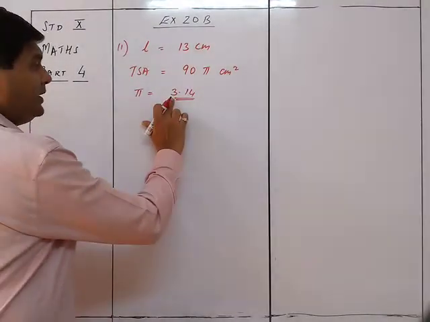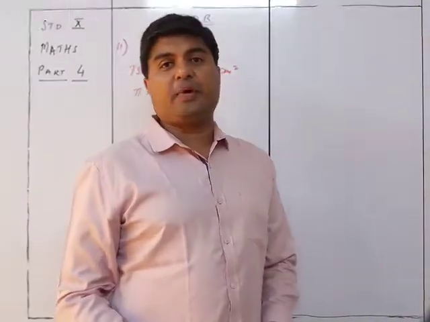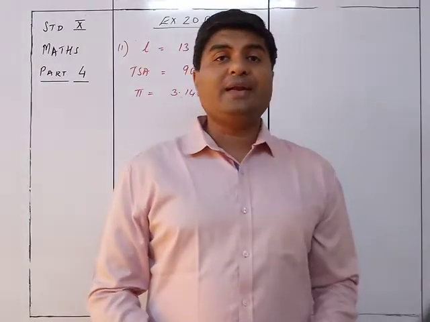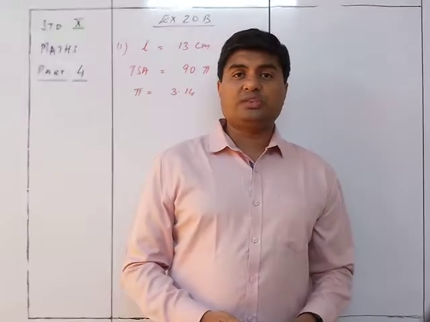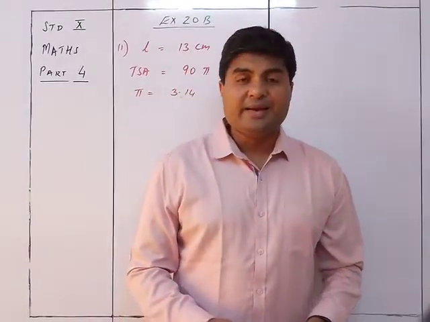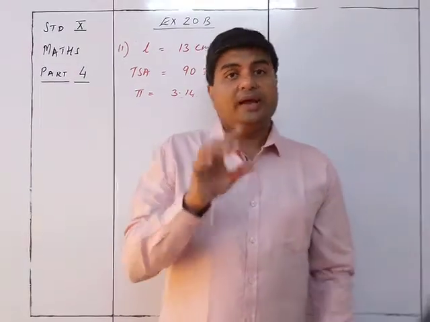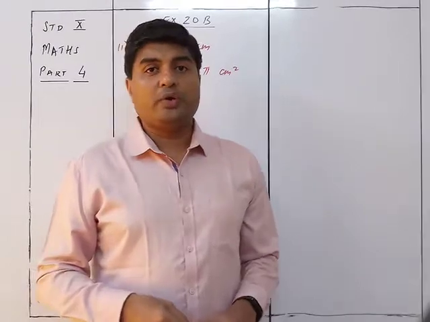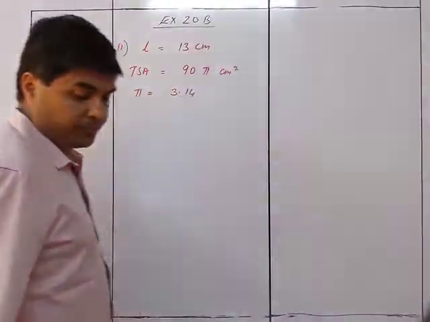So this is the important part. If you are given the value of pi as 3.14 and you solve the whole sum by 22 by 7, you get it completely wrong. So pay proper attention, read the sum properly and see if the value of pi is given or not. If the value of pi is given and you solve the whole sum by 22 by 7, even if your answers are correct, you are not going to get marks, because it was given that the value of pi is 3.14.